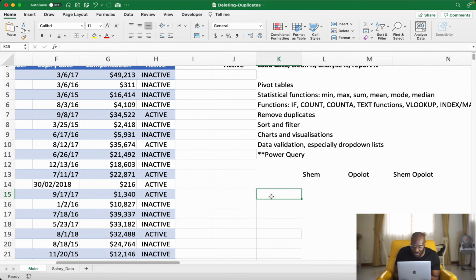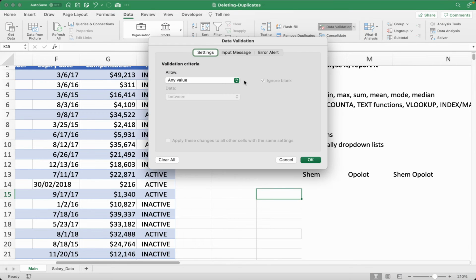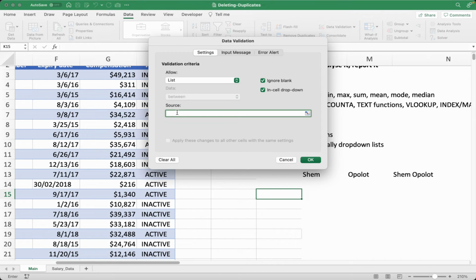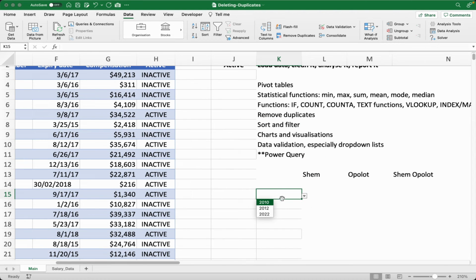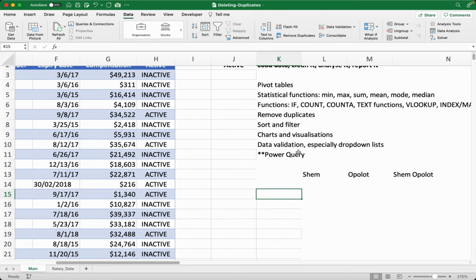But really quickly, how to create a drop-down list. You have a cell, you go up to data, you go to data validation, you go to list, and so you can either select the range from the worksheet that you want to add, or you can manually type the information that you want and you click OK. And as you can see, Excel creates the drop down just like that. So that's how that works. I'm just going to go back there and clear all to remove that. But that's how you do it, okay? Then